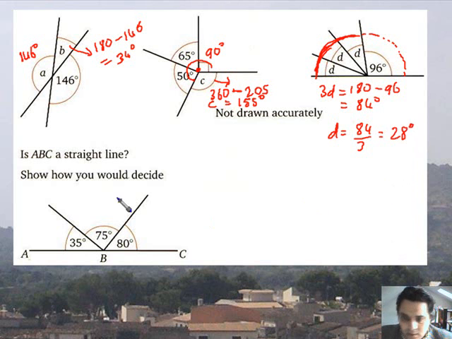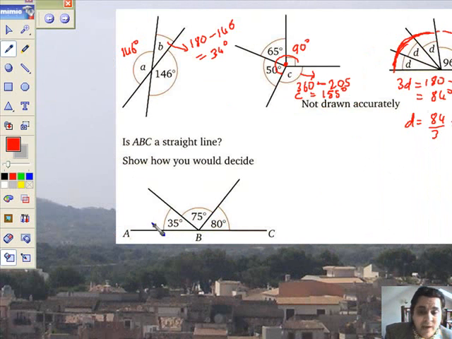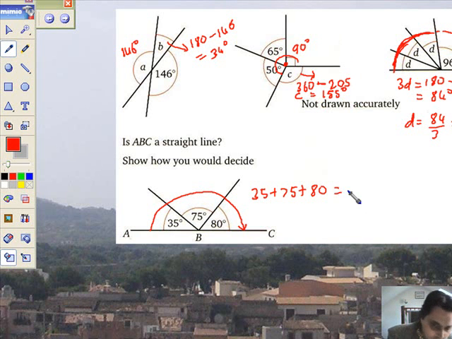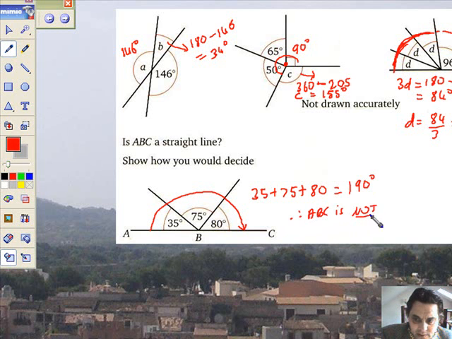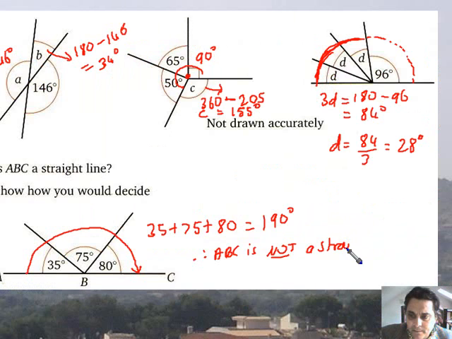Lovely. Now, is ABC a straight line? This is question 4. Don't know yet. However, if these add up to 180 degrees, then it's a straight line. Let's just try it then. 35 plus 75, this is me showing my working, equals, here I go. So 35 add 75 add 80 comes to 190 degrees. Therefore ABC is not a straight line